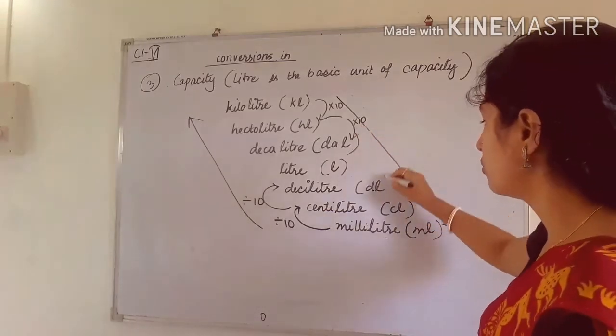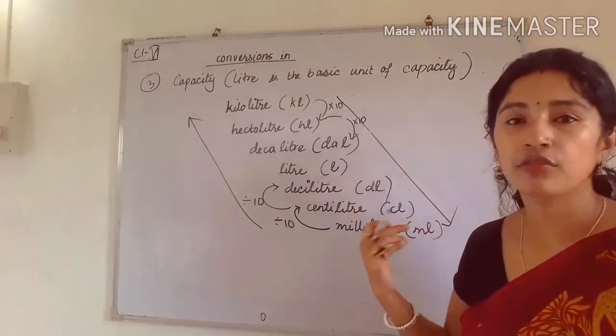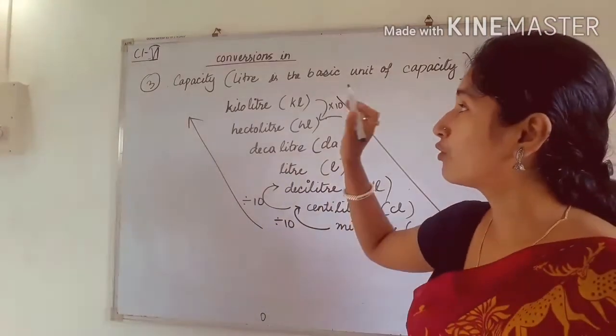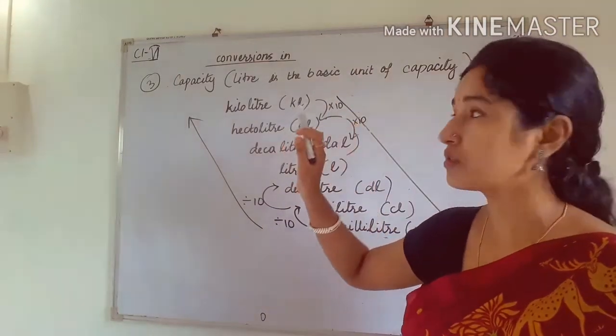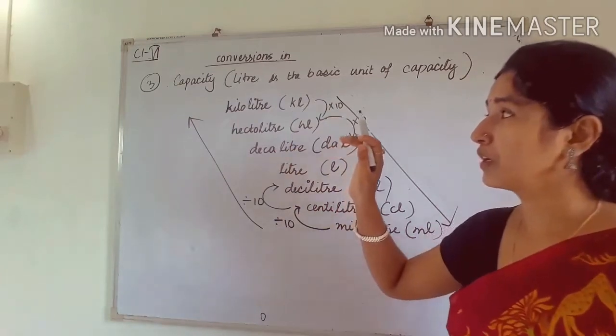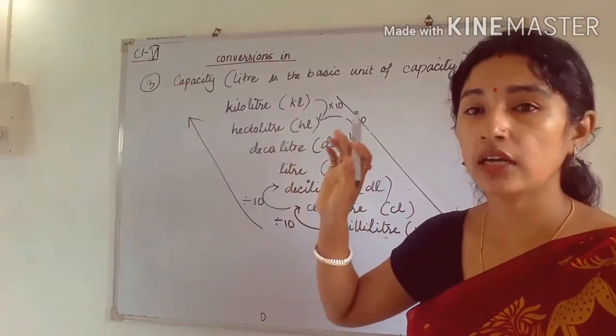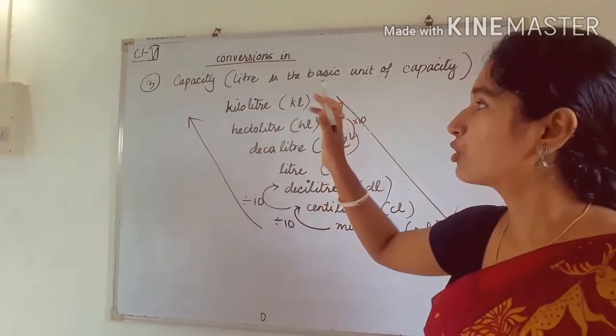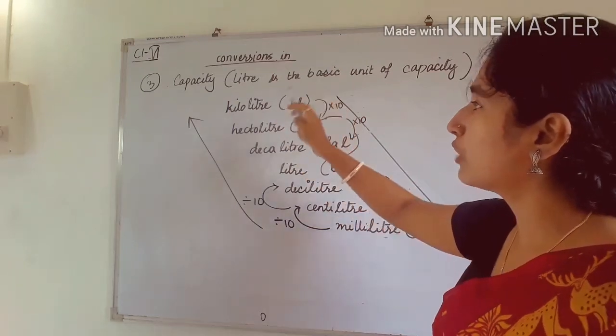Okay. Similarly, you have to do in case of weight. So weight, you have to write conversion in weight. So just write it. Write that part. Okay, I am not doing it. That is very simple. You know it. Okay. So conversion in weight, you have to write in weight.